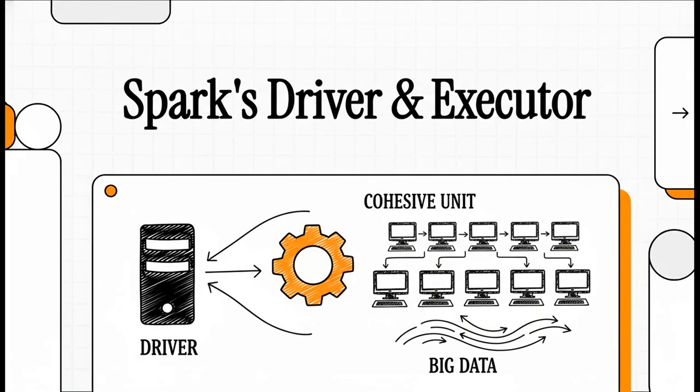So let's talk about one of the biggest challenges in the world of big data. How do you get hundreds, maybe even thousands, of different computers to all work together like a single, well-oiled machine? It's really the core problem of distributed computing. And you know what? Apache Spark has an incredibly elegant solution. Let's break down exactly how it pulls it off.